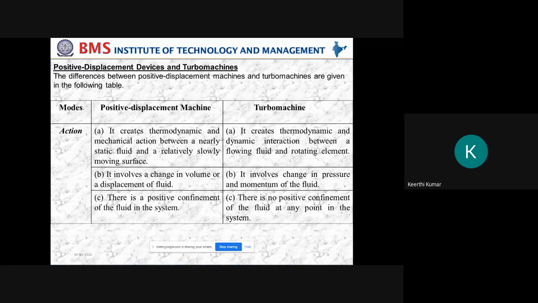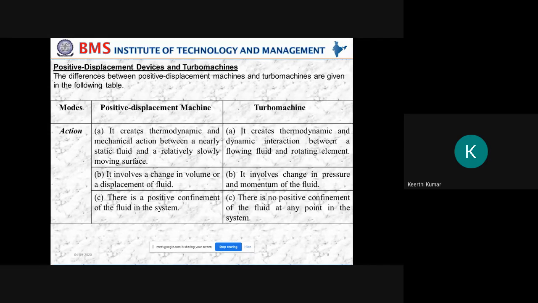But here, to run the machine, we are going to rotate the shaft. Here, to run the machine, we are going to reciprocate the pistons. So that is the motion difference. And here, if the piston is reciprocating within the cylinder, in and out, what will happen? The volume of the cylinder changes, correct? Inside the cylinder, whatever volume is there will vary depending upon the movement of the piston.